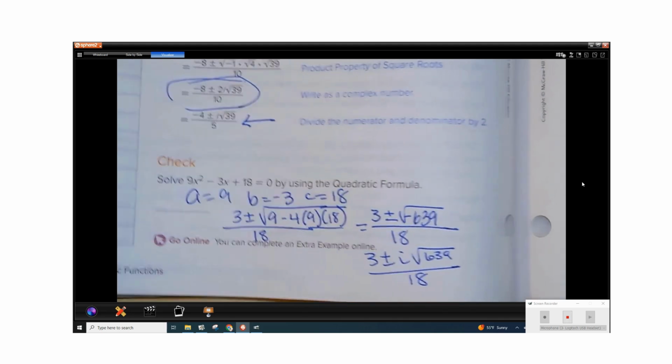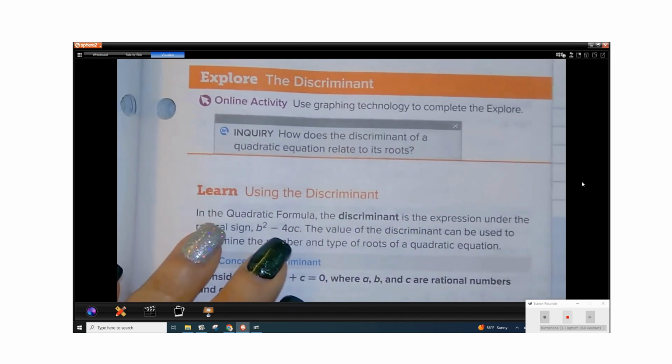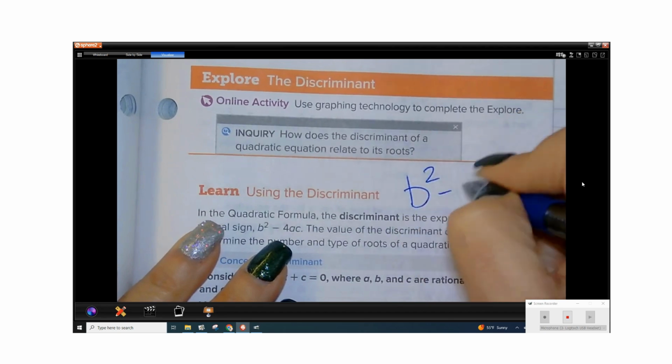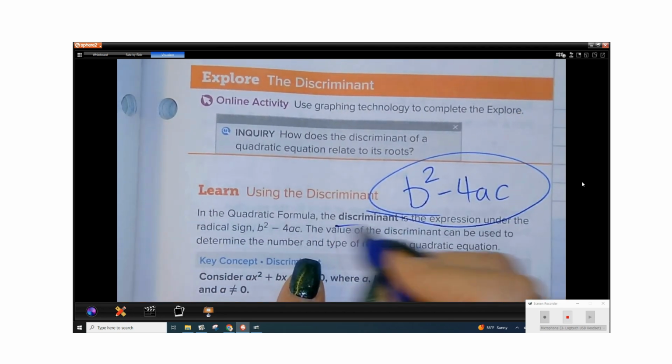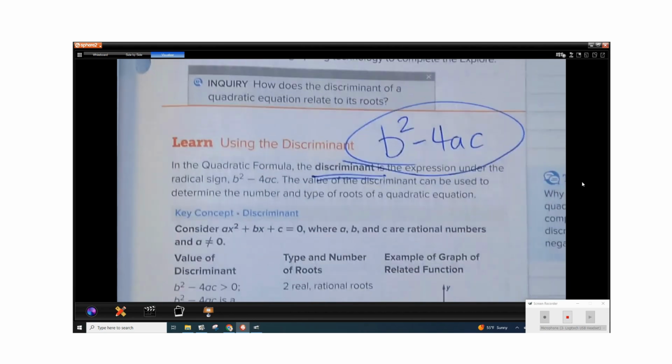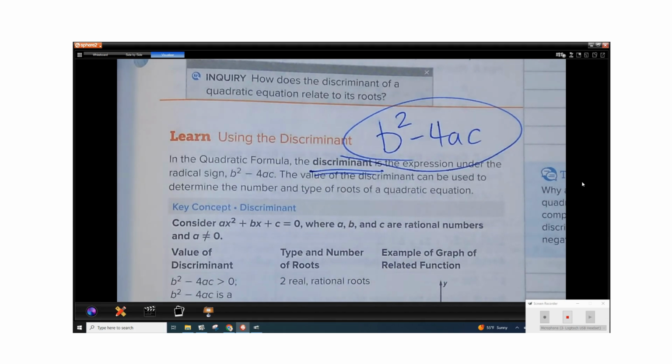All right, next we're going to talk about the discriminant. The discriminant is only the part in the square root, not including the square root, only the part in the square root, b squared minus 4ac. And what does that tell us? Well,